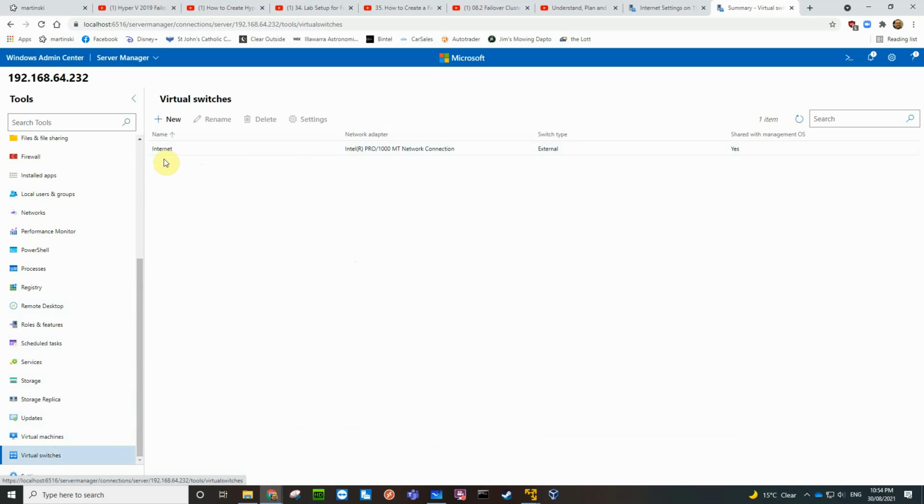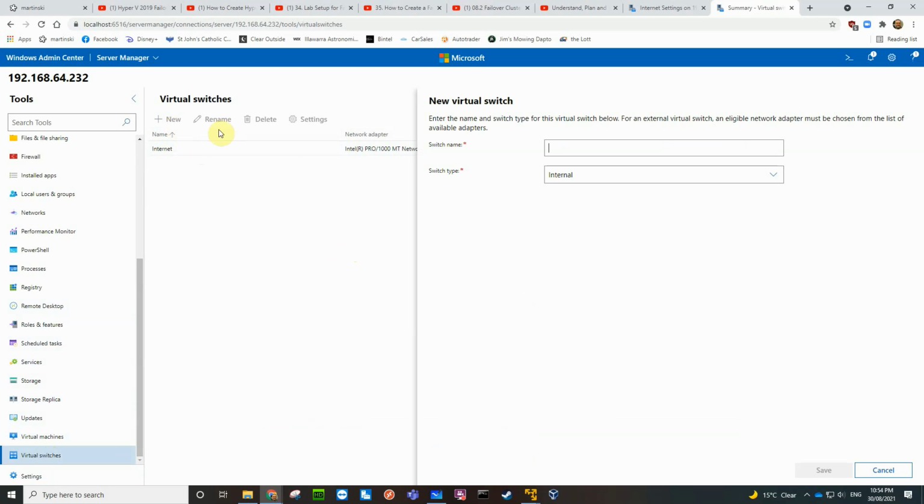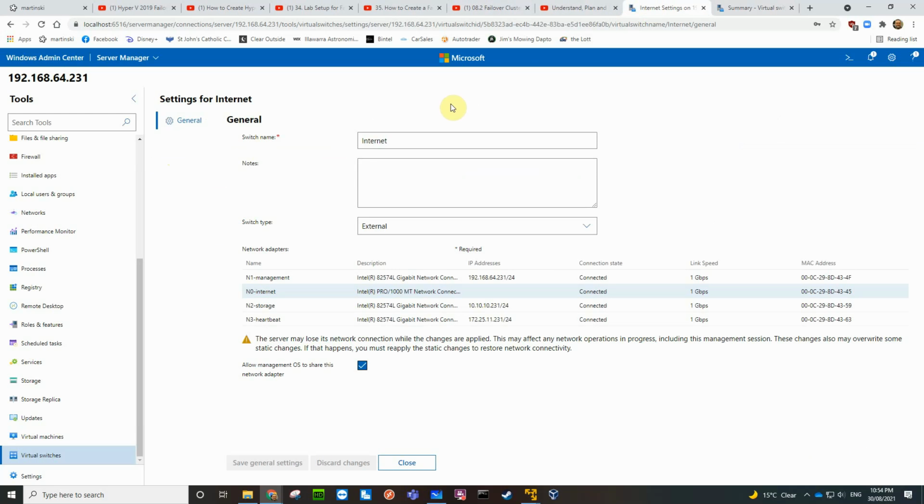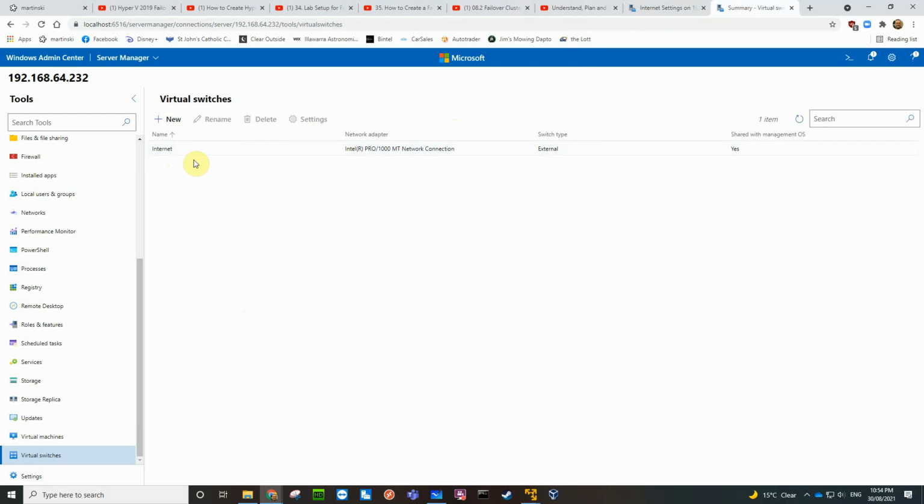Okay, it pops up that it's internet, which was what we told it to do. I'll cancel that. The important thing is this N0 is called internet, and it is the same on here as well. So if we click on the settings,